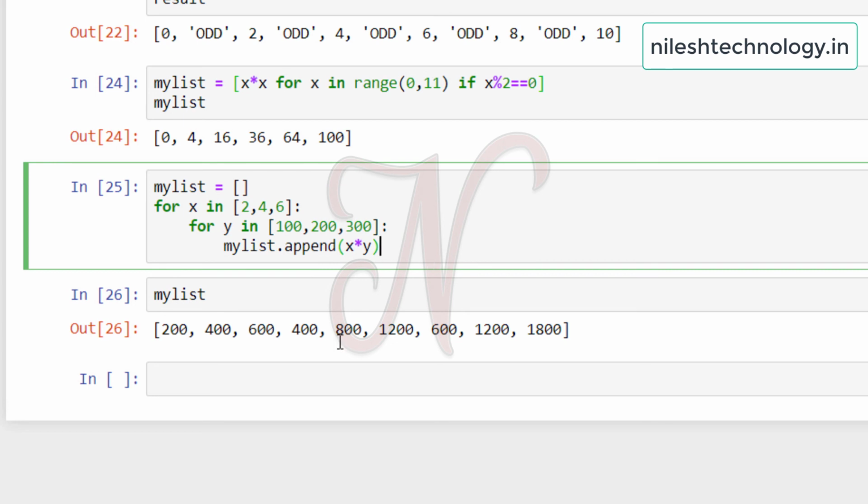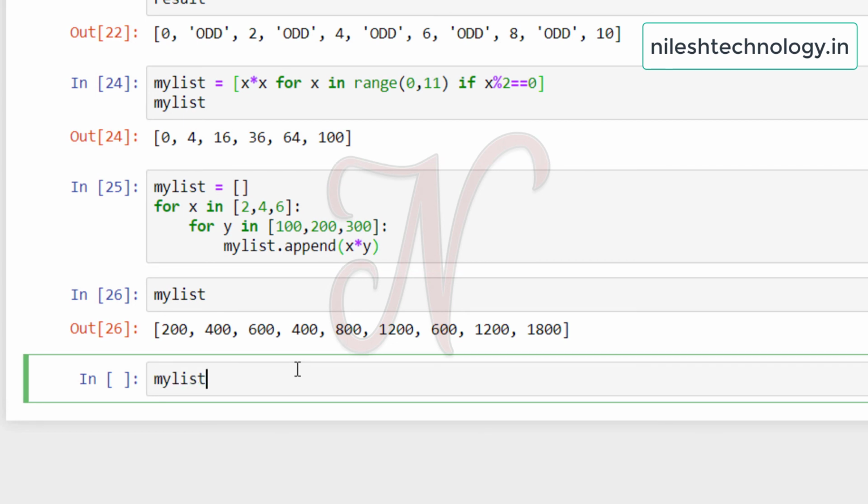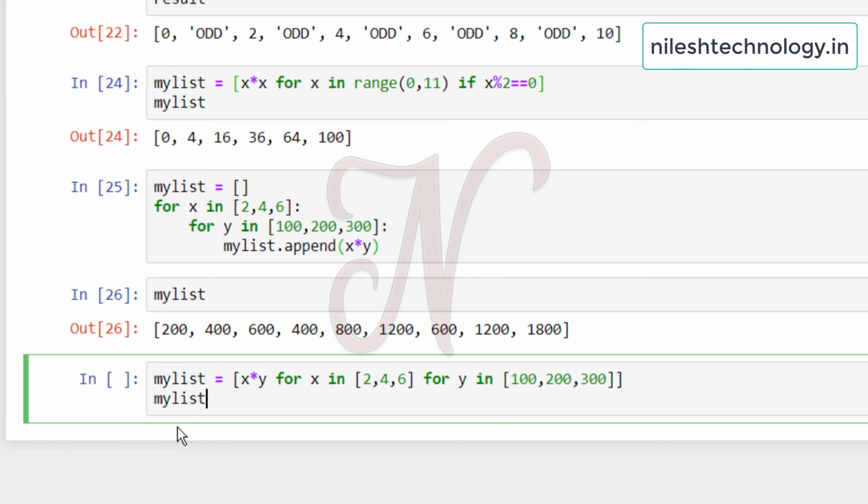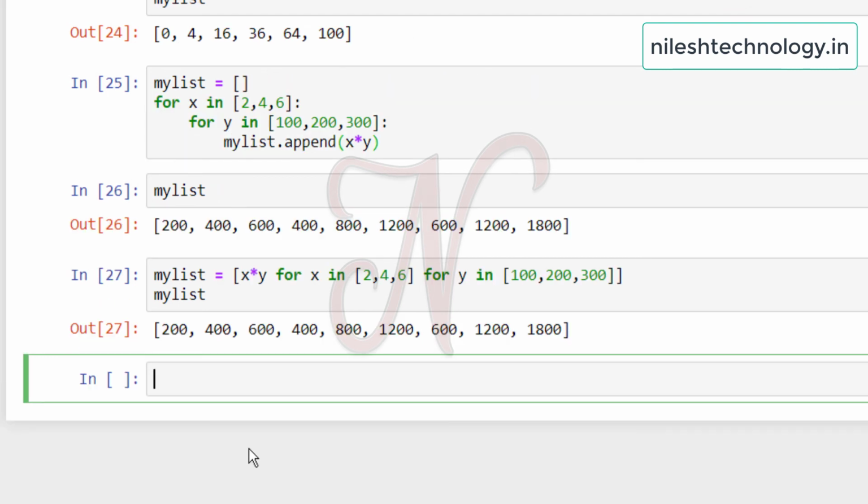Okay, see here, my list is equal to x into y, then for, this is my outer for loop, x in these numbers 2 4 6. Then the second for loop, for y in 100 200 300. And this is my list. See here, same output.